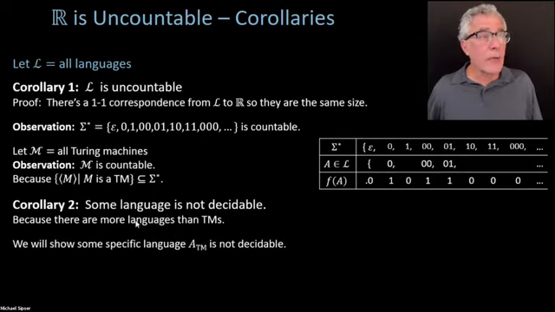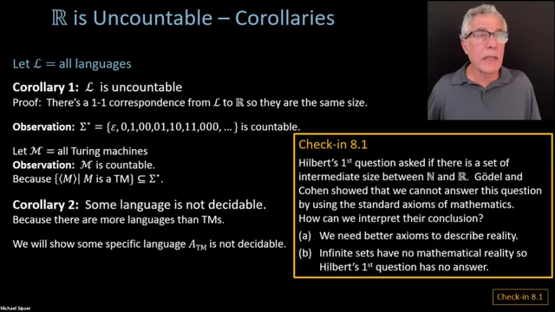Okay. Now, what this corollary shows you is that there is some language out there which is not decidable. What we're going to show next is that there is a specific language, ATM, which is not decidable. But first, I think we have a check-in coming up, and let me give you a little